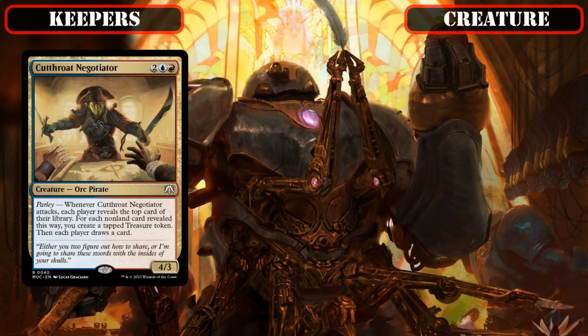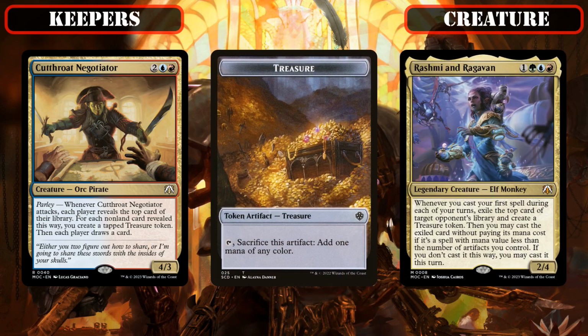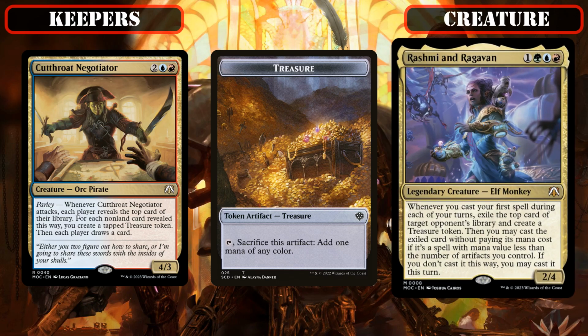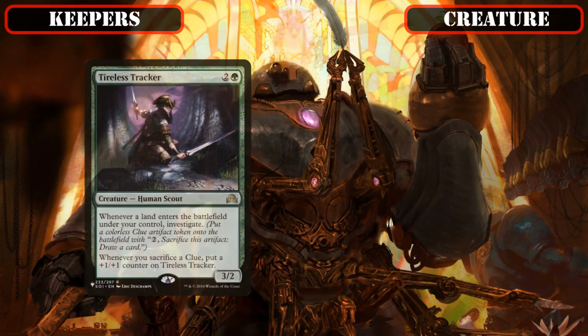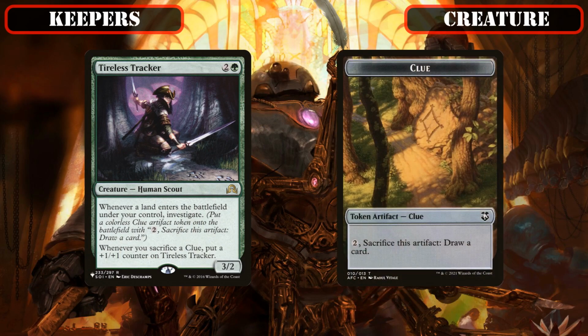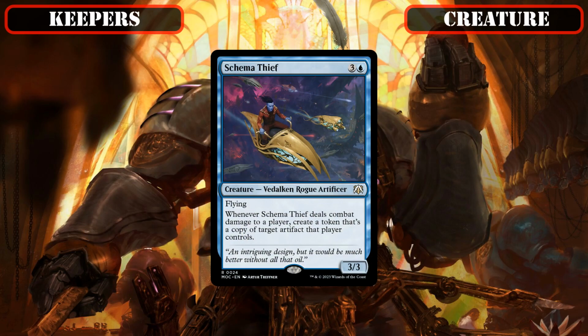Cutthroat Negotiator and Rashmi and Ragavan as repeatable ways to generate treasure tokens that also double as sources of card advantage, either from our or our opponent's decks, with the latter also netting us free spells thanks to our tokens to boot, Tireless Tracker as an easy-to-proc source of clue tokens thanks to its landfall investigates to provide us with both a unique token and repeatable card advantage,